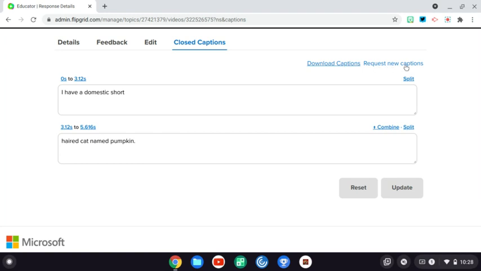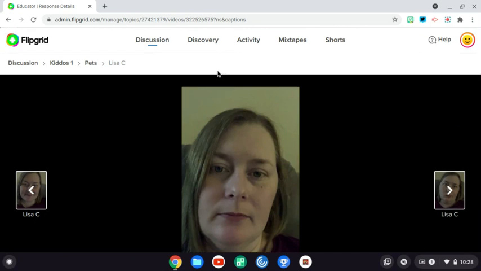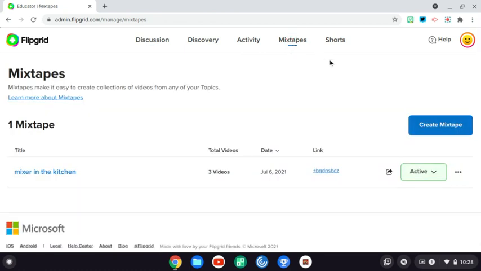You can also request new captions and see if it improves, I guess. All right. So the next tab I want to show you is mixtapes. I love this tab. So this actually allows you, you can hit this blue create mixtape button, and it'll take